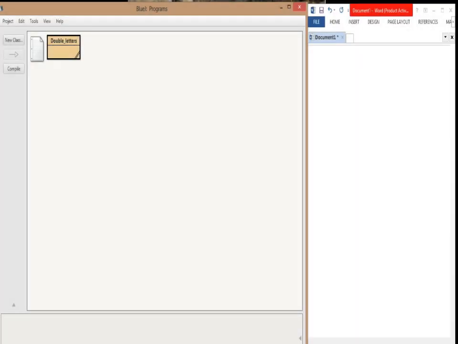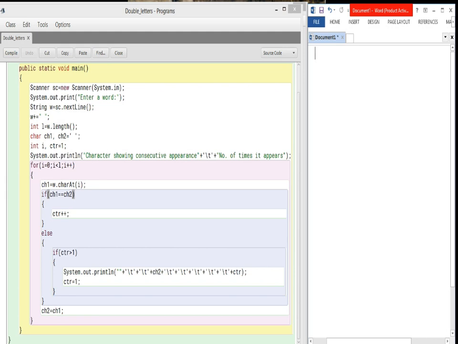Anyway, let's close it. Now look at the right portion of your screen and see the check, meaning the dry run of it. How is it changing? Suppose the word is bubble, B-U-B-B-L-E. Initially ch has nothing and ch2 has a space. Now the loop starts, counter is right now 1, then this for loop starts.